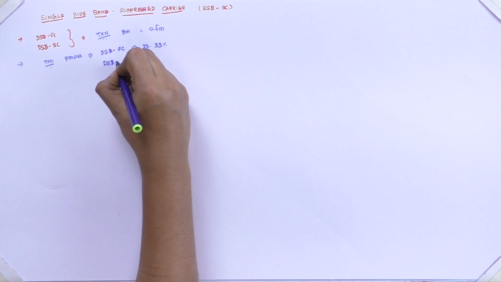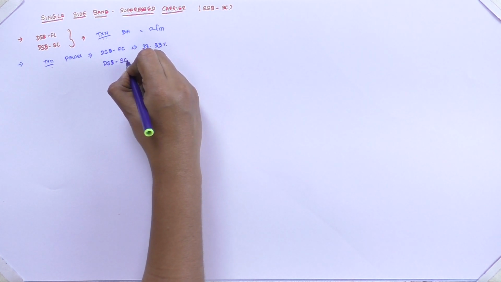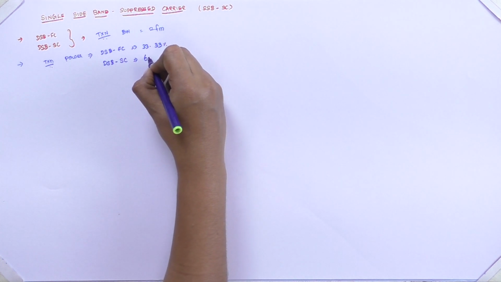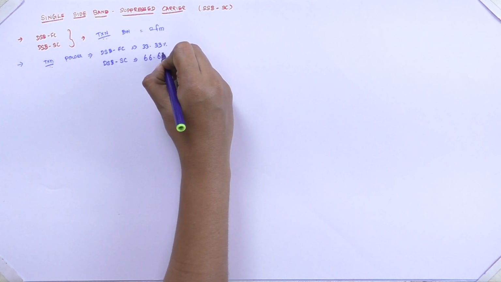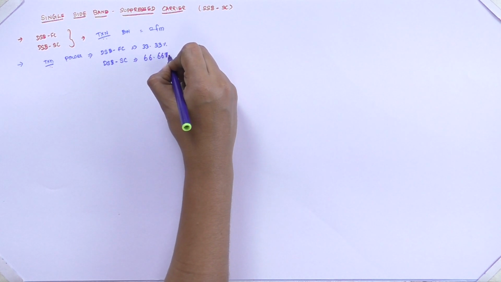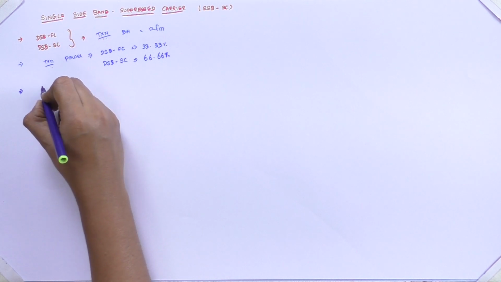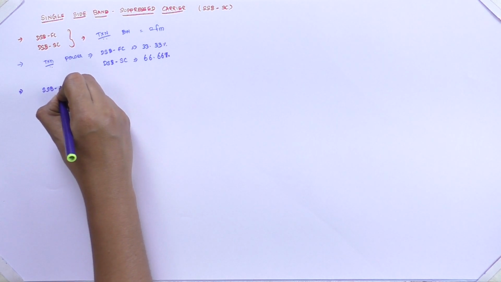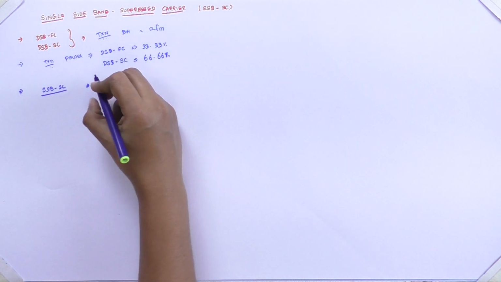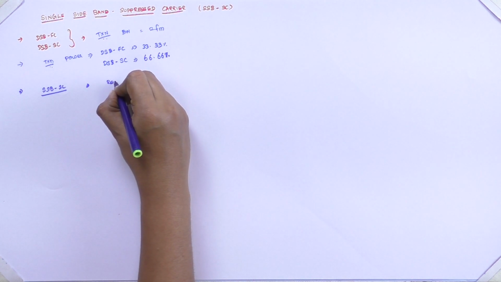We achieved an increase in useful power in double sideband suppressed carrier, that is 66.66%. Here in single sideband suppressed carrier, we are achieving the reduction in transmission power,